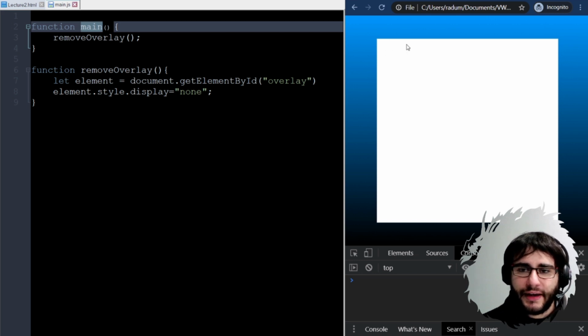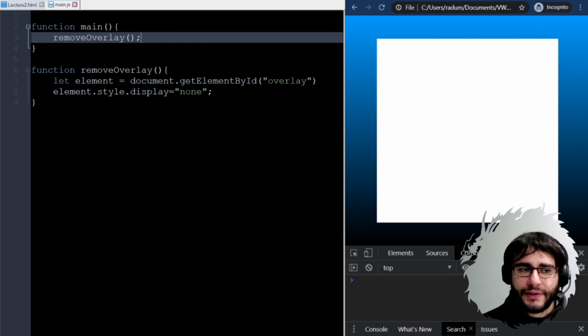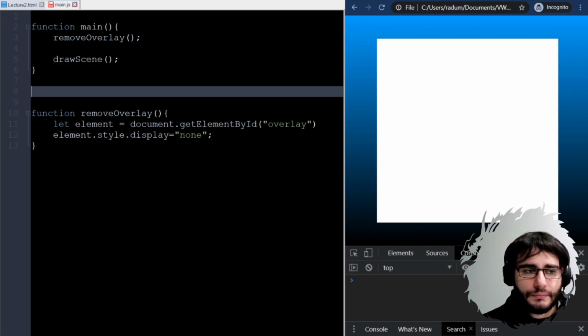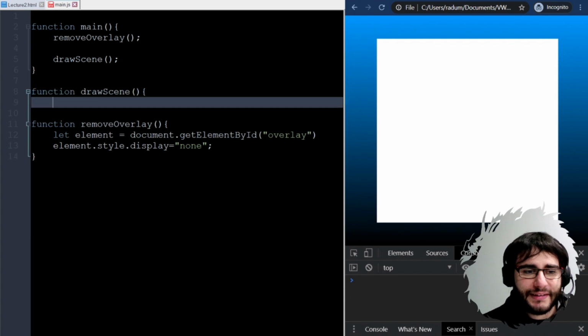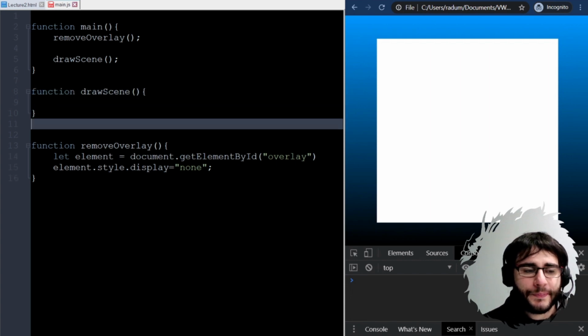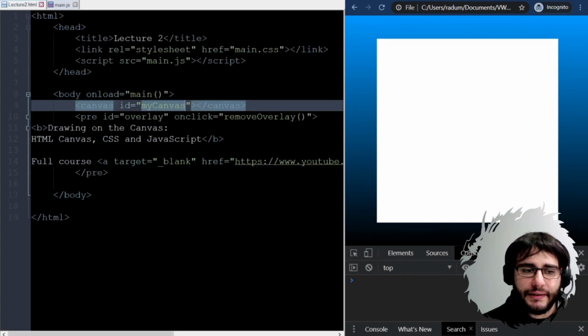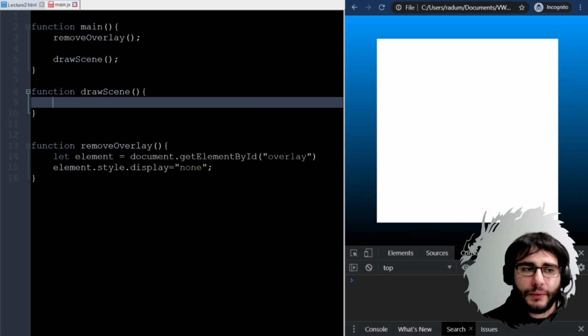Okay, so now this is the canvas, and we are ready to draw something on it. I like to make modular code and many kind of functions that do different things. So let's just say that we are going to draw a scene today. What will be in this scene? I'm not entirely sure, but we will see. To draw something on the canvas, I first have to obtain the canvas somehow. In HTML, it has an ID of my canvas,